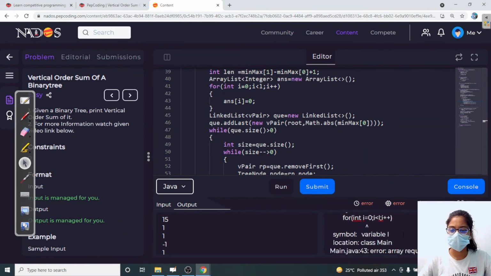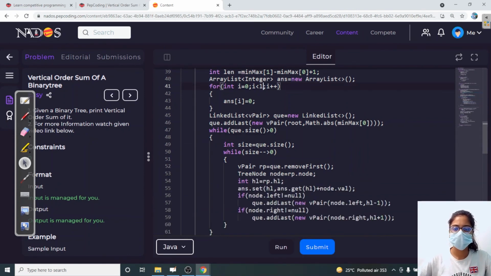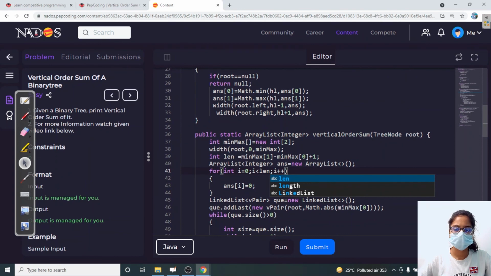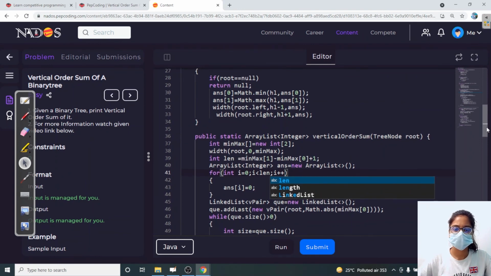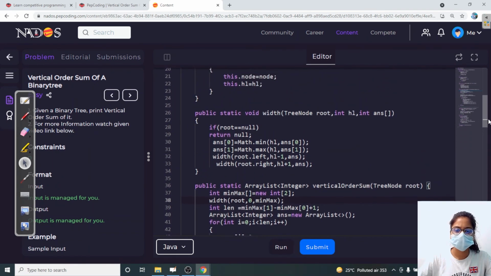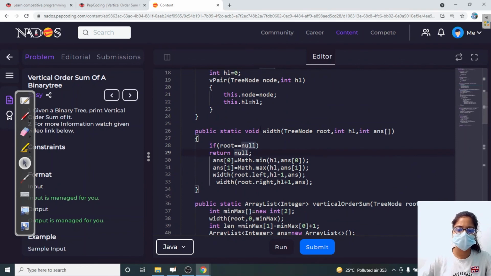Okay, so i less than length. I less than length. So this we are returning